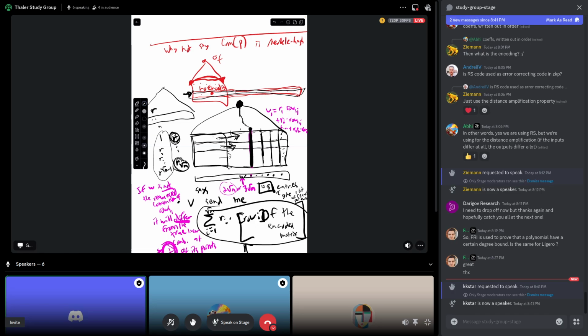There are two ways it can try to cheat. One is to have one or more rows be very far from the code. If that's the case, you apply this proximity gap result, which tells you that the random linear combination of the rows will also be very far from the code with overwhelming probability. But the thing that the verifier spot checks consistency with is a code word, right? And that's exactly why spot checks are enough. If the true random linear combination is far from the code, but the prover is forced to send a code word, say by sending an unencoded thing and having the verifier encode it itself,